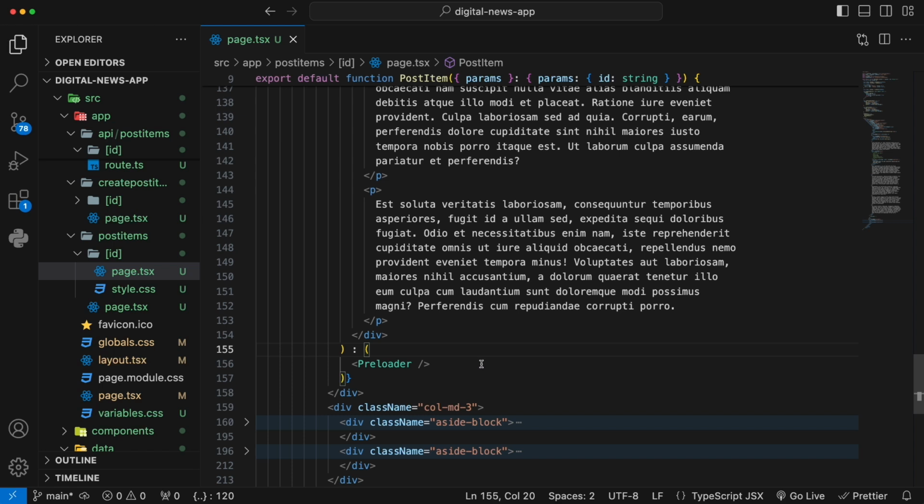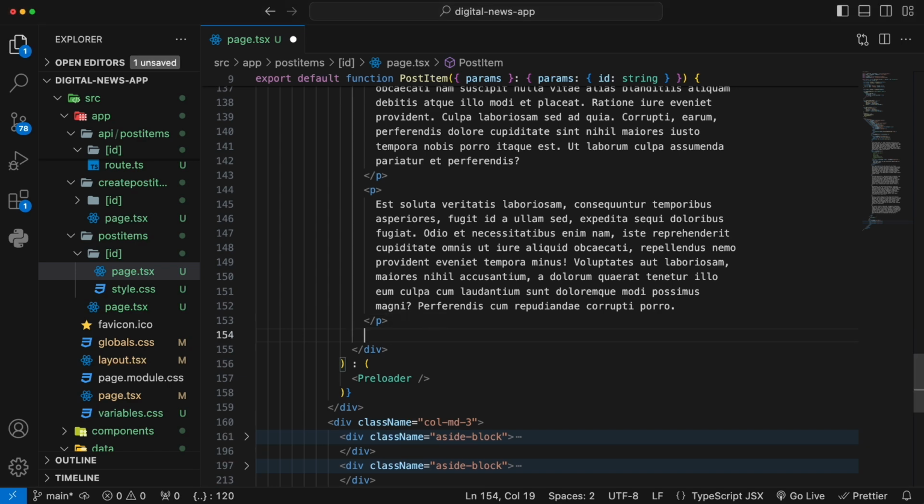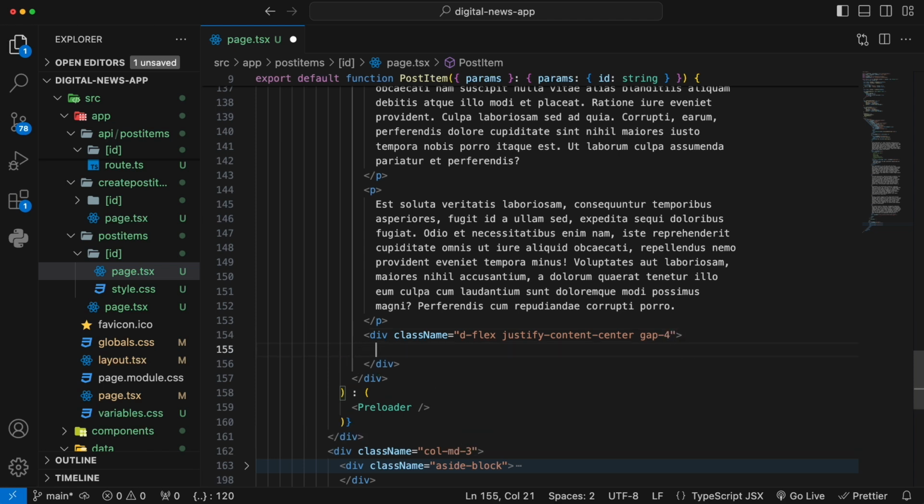So over here, we're just gonna add a few more things inside our single post. The proper place to do so is actually below this paragraph. And we say enter, create a new line. We wanted to have a div flex. So we create a flex div, and we want to have everything aligned in the center. So we say justify content center, and we want to have a bit of a gap between each button, so gap 4. And inside here, we're going to include our delete and our